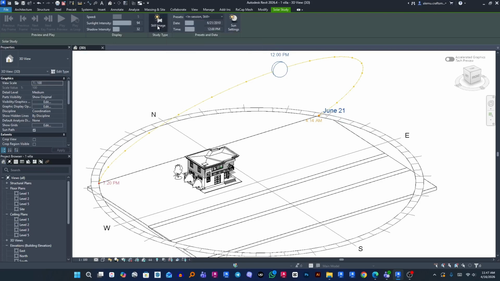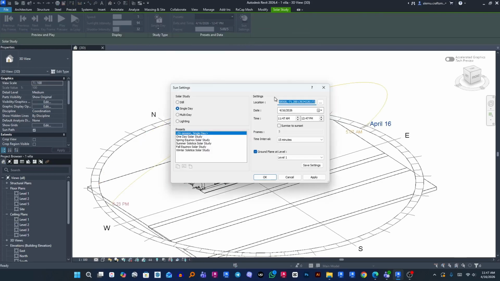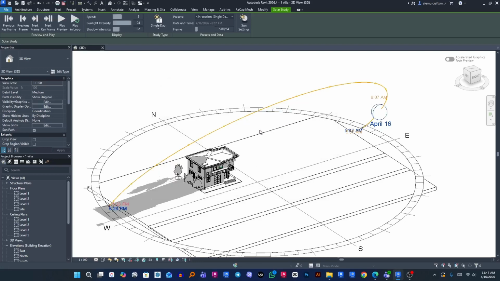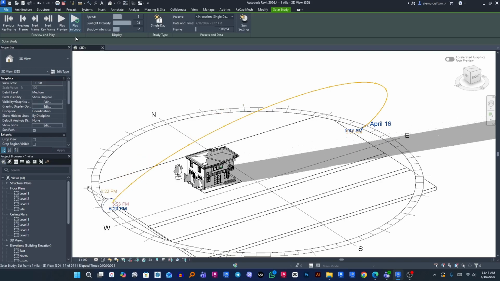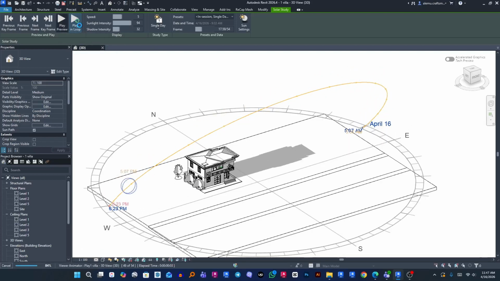So yeah, let's go back to single day study, and for the sun settings let's go back to the previous one, and click OK. Now let's see how it looks. It's good. Let's stop the loop,